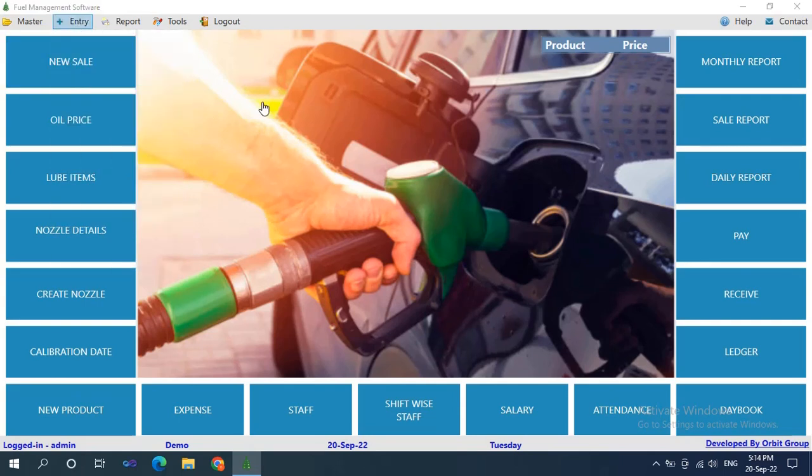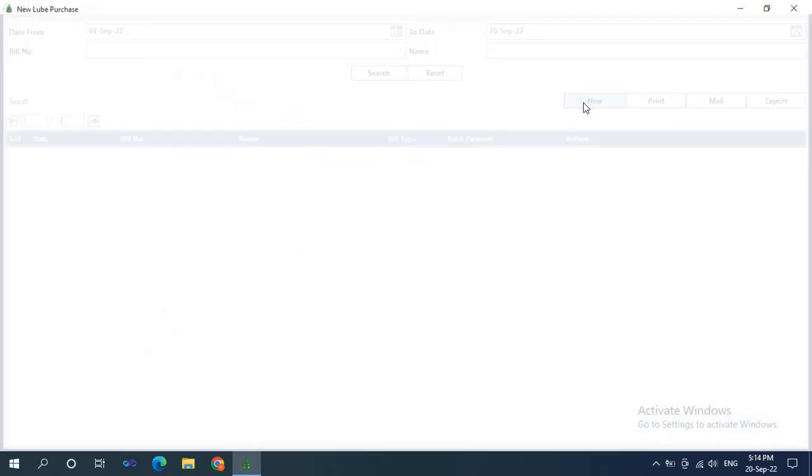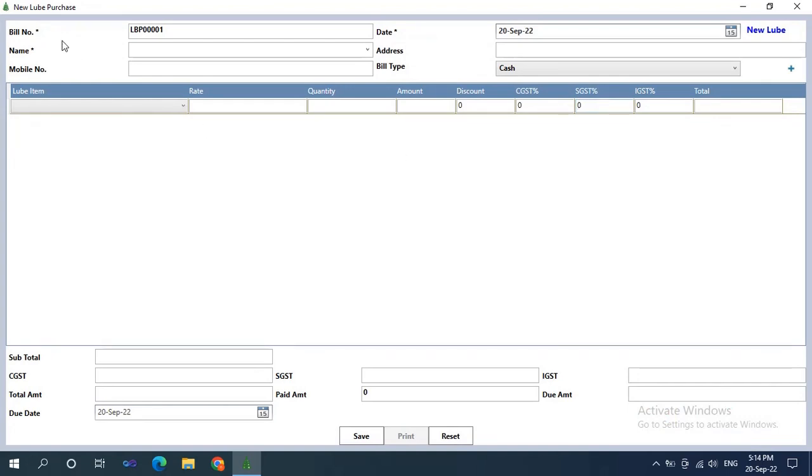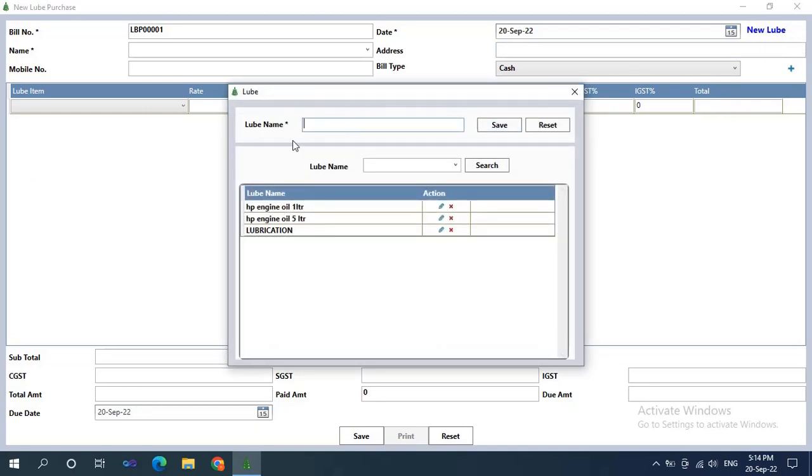And in the lube purchase, we can add the lube purchase details here. To add the lube name, we can add the lube name from the new lube. We have to enter the lube name. After that we can save this,